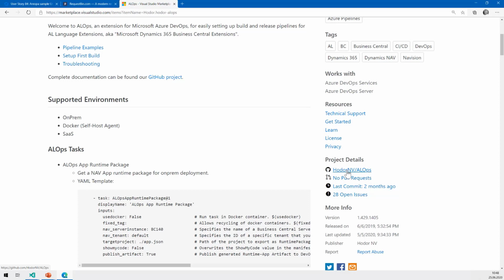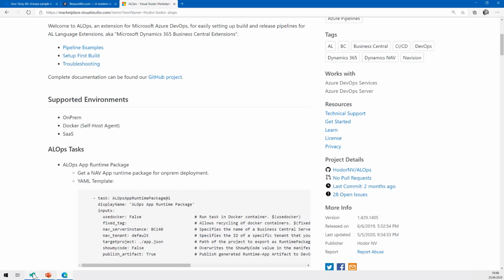Or if it's an open source one, then you usually have the sources there as well, and you can contribute to those. Also, if you find something that does something similar to what you want to do, then you can just look at the sources of other extensions and find out how they are doing stuff. So you can mimic that or do something similar on that area.